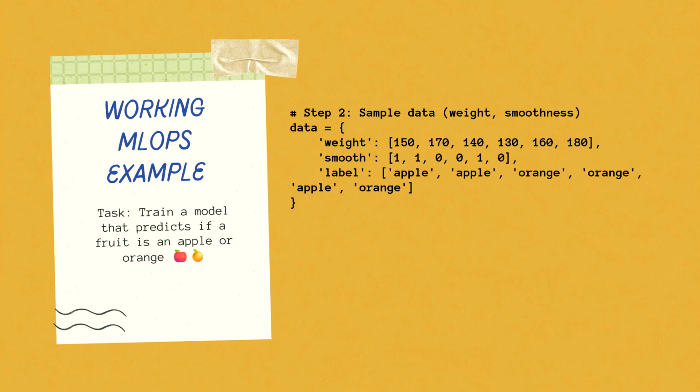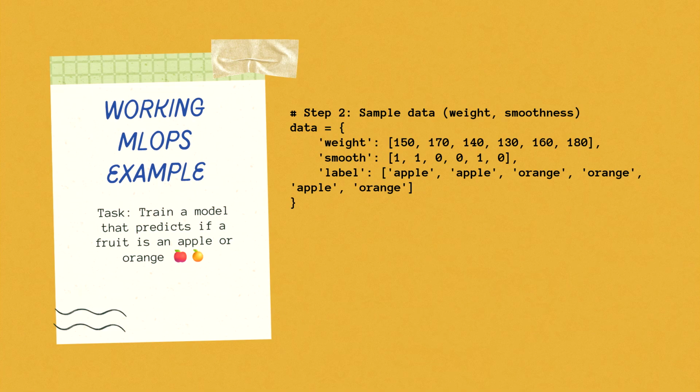And now we are creating a fake dataset of fruits with weight and smoothness. Smoothness of 1 should be labeled as apple, and 0 for rough should be labeled as orange. Okay, apple and orange. So here you can look at this: the weight should be